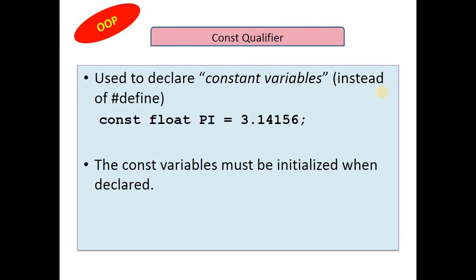But if it is a constant, you have to give a value to that particular constant, like const float sum is equal to 5. It is compulsory that you write is equal to 5 or is equal to a certain value. So in a similar manner, constant variables must be initialized when declared. That means they should be assigned a value at the time of their declaration.